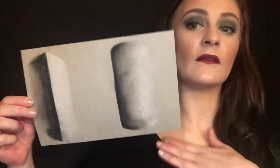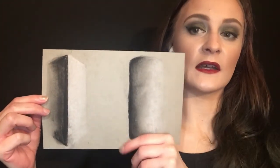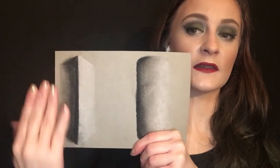So if you have two hard edges that come together, that would be when your darkest dark hits your lightest light, that's going to give you a really strong contrast, and that's generally going to be when two flat surfaces come together, and that is what's going to give you shapes like rectangles or a square or any kind of more harsh, intense line. And that's when there is not a gradual change. It's just a very abrupt darkest dark to lightest light. It may fade out from there, but when you really want something to be striking,